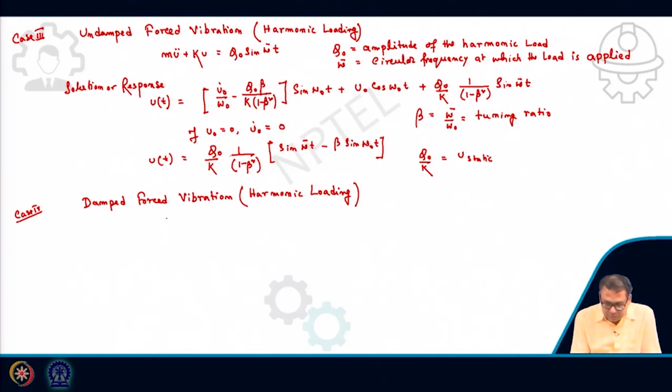So here the equation will be m u double dot plus c u dot plus k u, so all the terms are there, equal to q0 into sine omega bar t. Now, the solution or the response will be